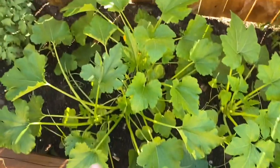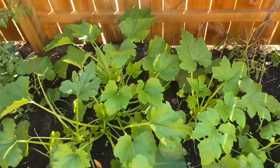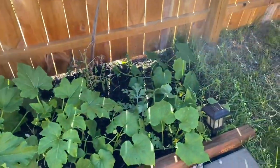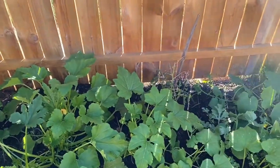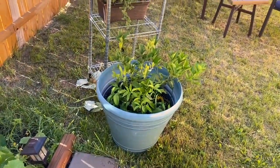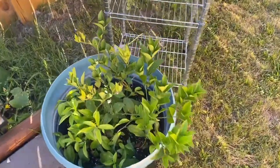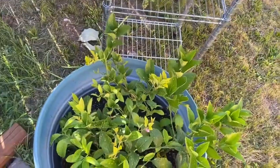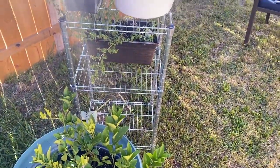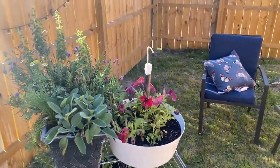If you plant squash, zucchini, any type of melons, just make sure you have space, because they are going to vine and they're going to spread out. We have a lemon tree over here. This is my first time planting it, so we won't have any lemons this year, but it definitely will be lemons next year. We have some herbs, some lavender, some thyme,